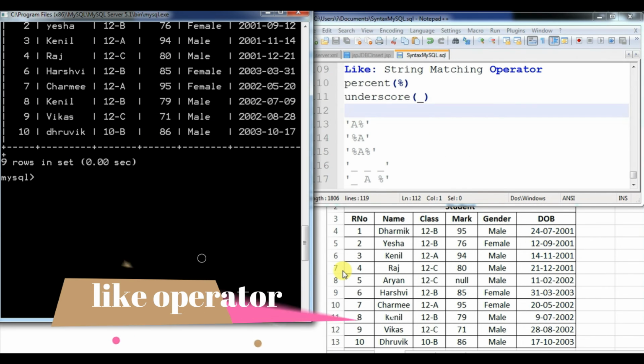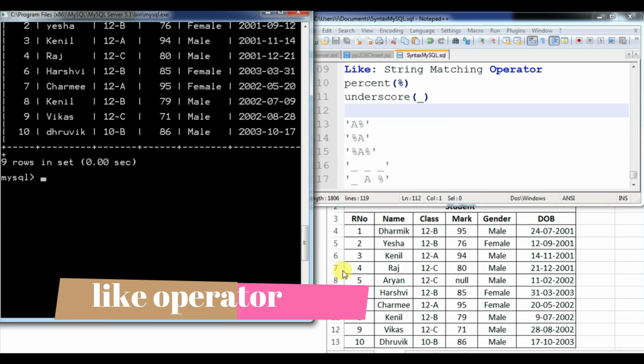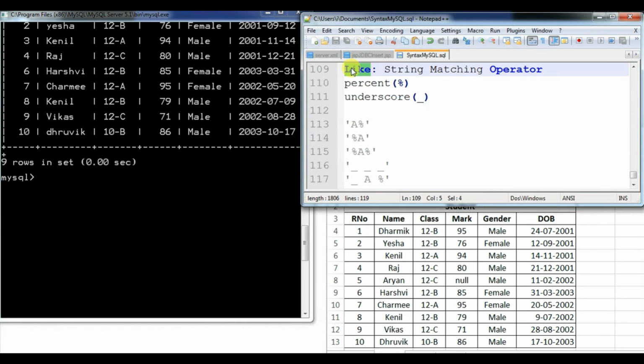The next one is like. SQL also includes a string matching operator, that is like, for comparison on character strings using patterns. Patterns are described using two special wildcard characters. The first one is the percent symbol and the next one is the underscore. So I have to explain a total of 5 symbols so that you can understand the like keyword easily. The first one is modulus, or you can say percent. It matches any string beginning with a character. Likewise, suppose you mention the pattern as percentage a, it is going to match every string which ends with a.